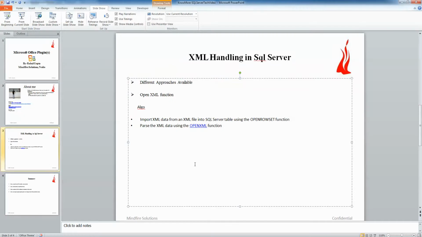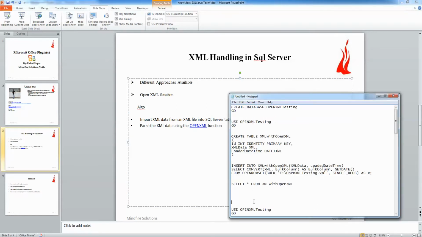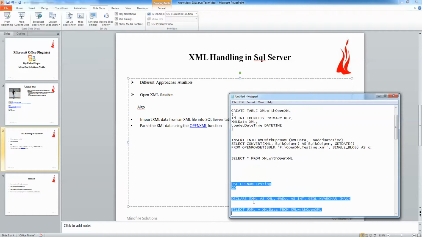Now what is step number 2 of our algo? We need to parse this XML data using the OpenXML function. What we will quickly do is we're going to use the OpenXML function. Let me quickly copy the queries.